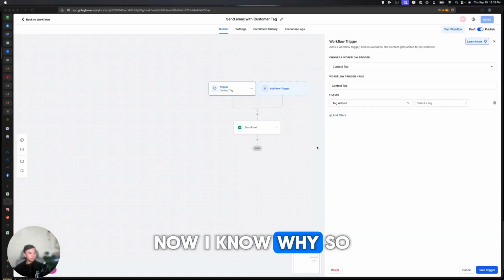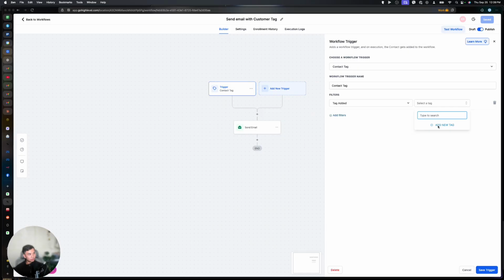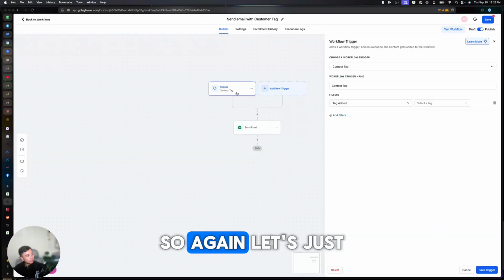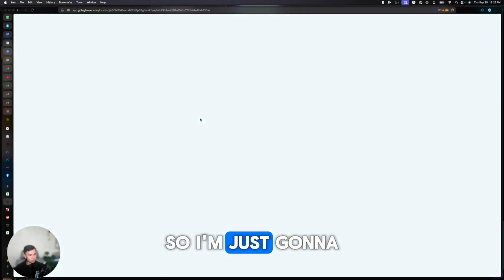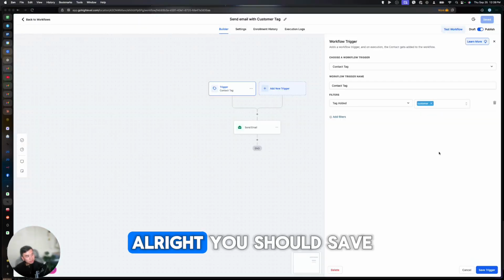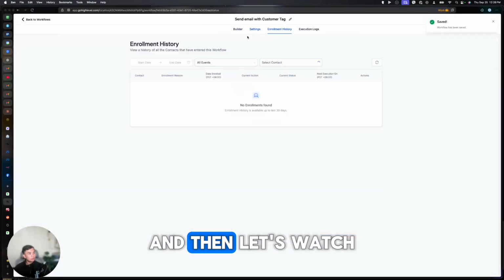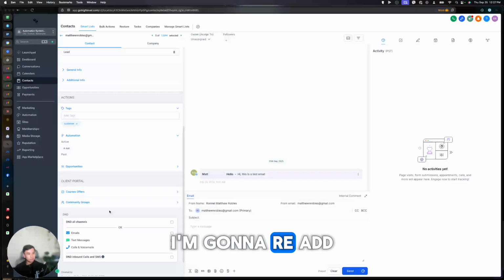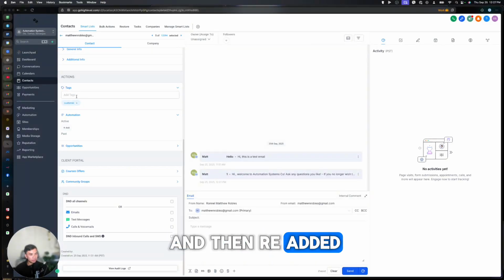Now I know why. So when I click on the trigger contact tag, there's no customer tag. So again, let's just see if this happens to you. It's probably because we created the tag after we created the workflow. So I'm just gonna refresh. Next, all right, you should save it and save it again, and then let's watch out for that one. I'm gonna re-add the tag. There we go. So I just clicked on this X button and then re-added the tag, and then it should